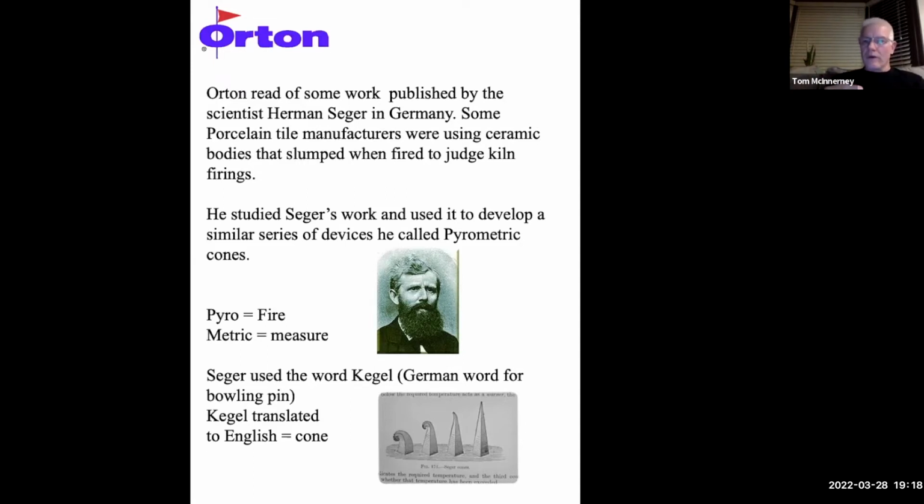Orton read this, was fascinated by it. Actually, he first translated it from German to English, and then was able to formulate his own series here in the United States. So the first series started with cone number 1, and I think it ended at cone 36. And through his